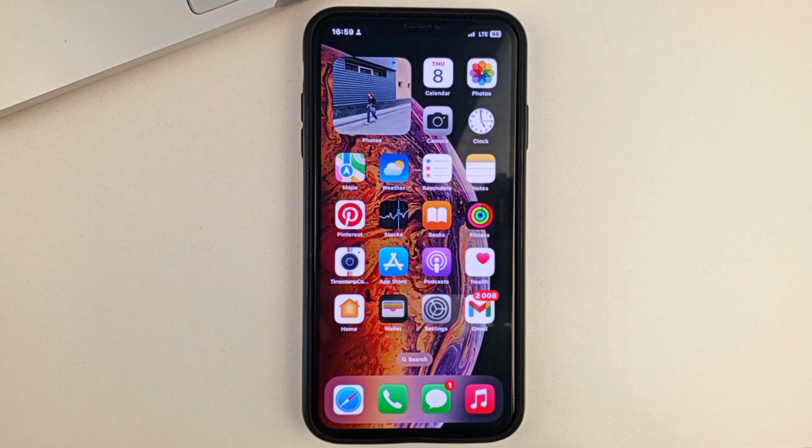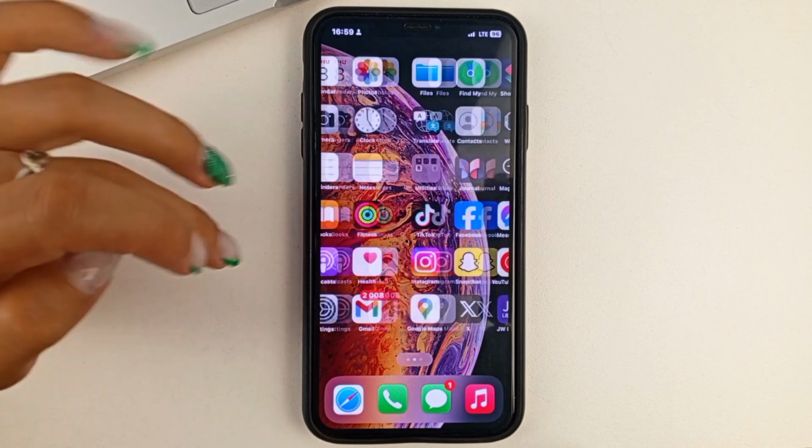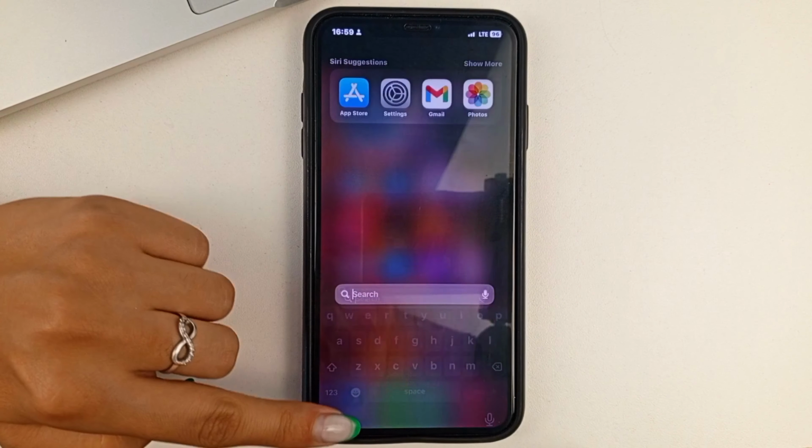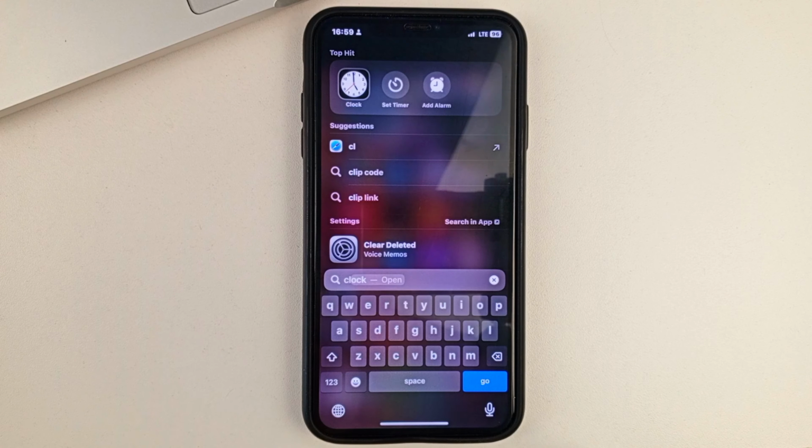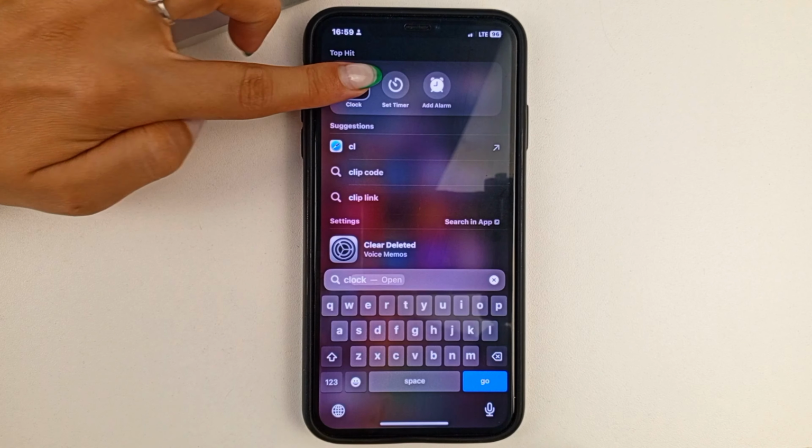So, first of all, friends, you will need to find the time on your iPhone. If you can't find this option on your home screen, then you're going to have to swipe down from the top of the screen and just type the word time into the search box. And you will have this application appear. You will definitely find it because it's a factory iPhone app. Click on it to open it, and then go to the alarm clock section at the bottom.